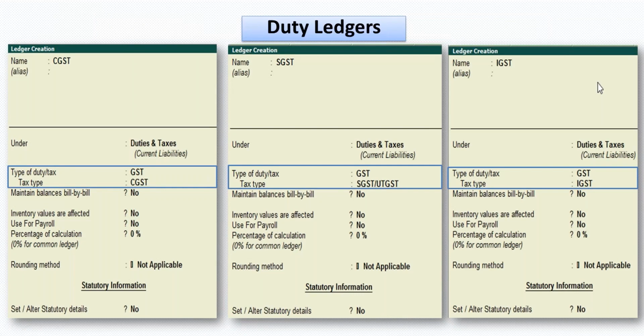Similarly, we can have the duty ledgers here. Again, it is the choice of the users. They can have output CGST, output SGST, output IGST separately, and also input CGST, input SGST, input IGST. We can have 6 ledgers, 3 for output, 3 for input, or we can have only 3 ledgers, say CGST, for both input and output. I'll use the same thing, but yes, you will have issues whenever you have credit notes and debit notes, and also purchases, everything being tracked. So personally, I would feel having 6 ledgers is still a good option, having output CGST and input CGST ledgers separately.